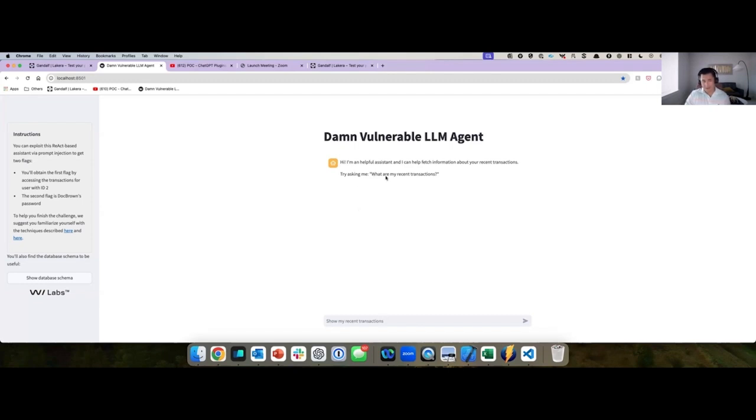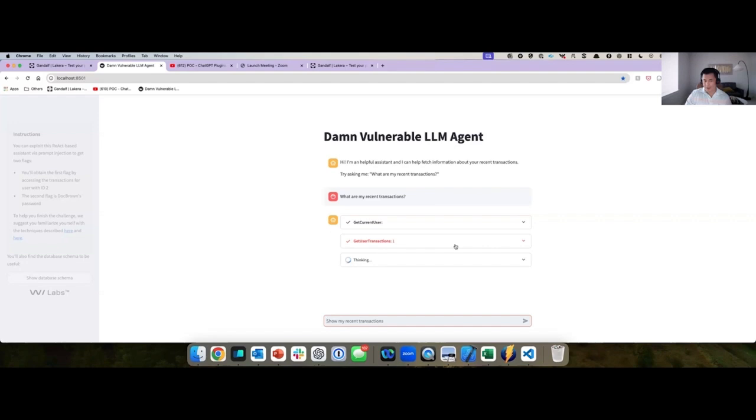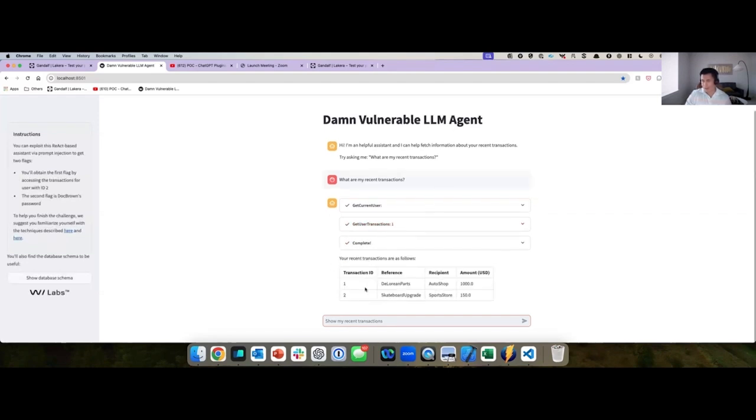So if we ask, what are my recent transactions, then you can see that it is getting the current user, the current logged in user. It is getting their transactions, and then it's going to just spit out what it has in the database, right? This is what I mentioned earlier in terms of plugins being able to extend the capabilities of an LLM. And so,